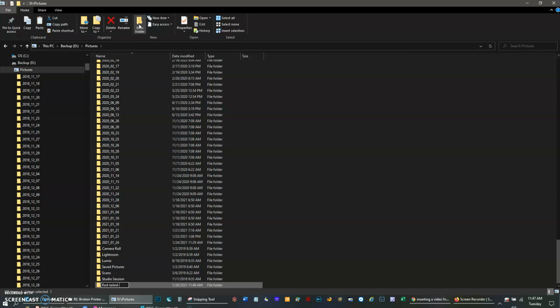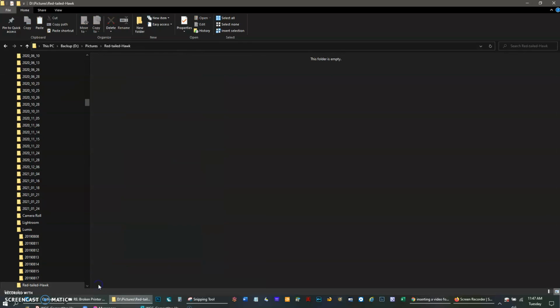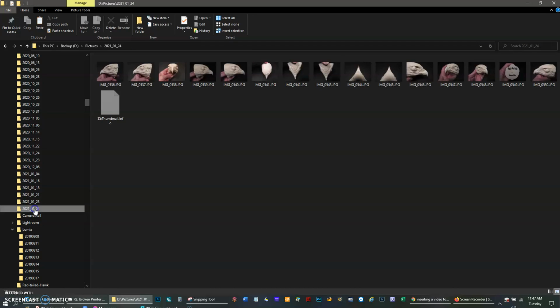Now I'm going to create a red-tailed hawk folder. Click on the little yellow envelope. You can see that folder's been created, red-tailed hawk, and it's empty. You can also see it listed down here in the folder view. So now I'm going to go back to the date that I took those pictures of my entry, which was